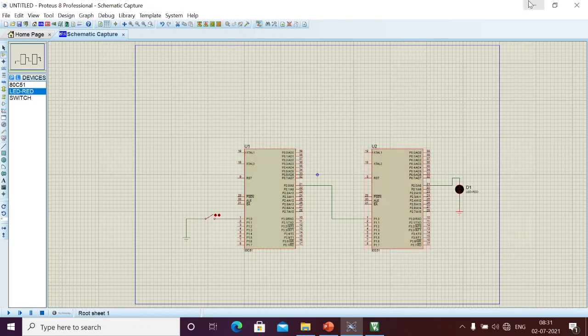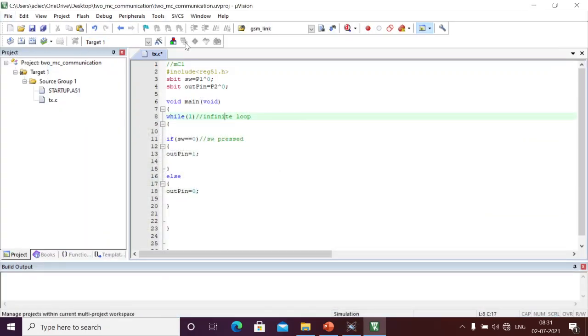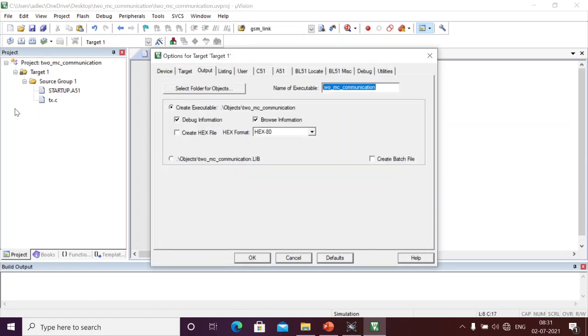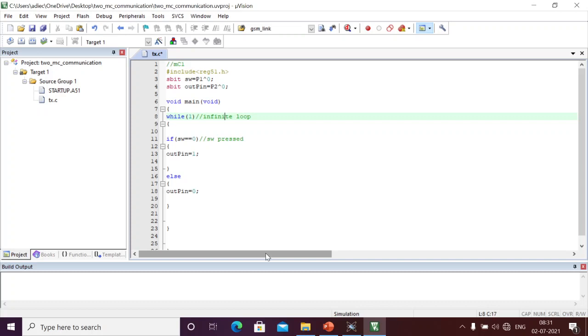The second microcontroller also we should write the program. Here I am going to generate the hex file also to the same my.c file name. Here I am just renaming my executable name, the executable name is tx. It is matching to my.c. Here I am going to create the tx.hex file now, and I am going to save my program, compile, and if there are no errors, I am going to generate the hex file. I generated the hex file also. There are no errors right now.